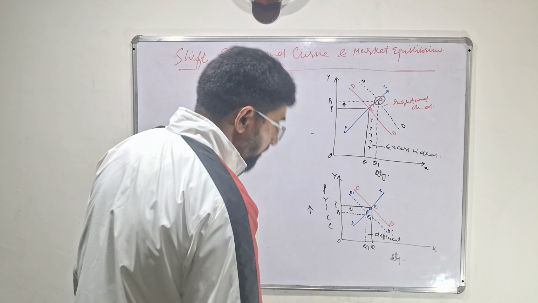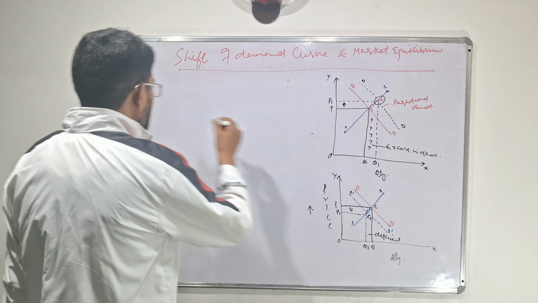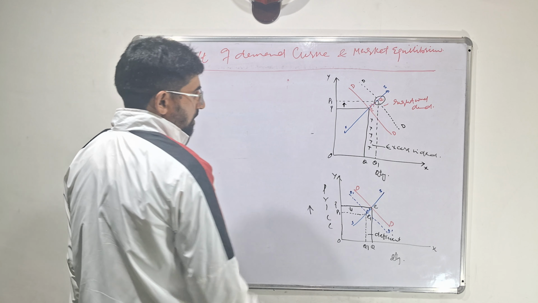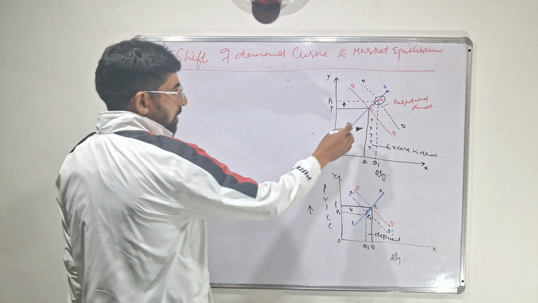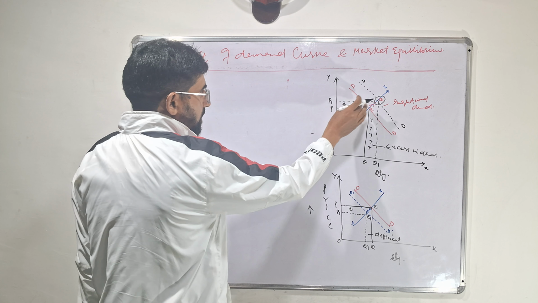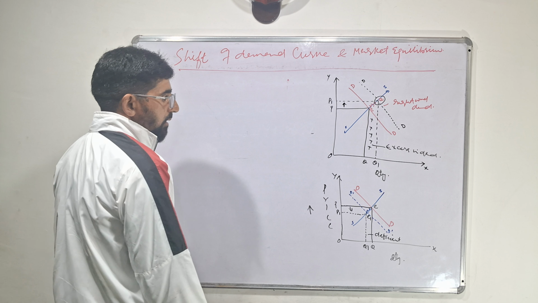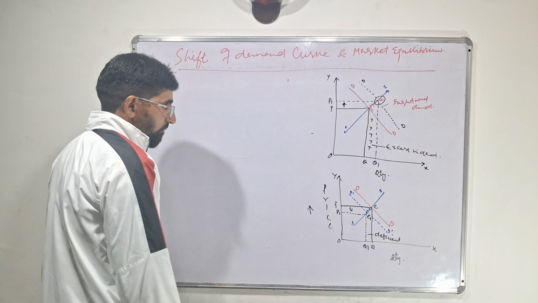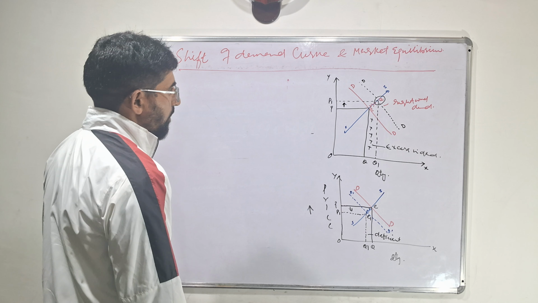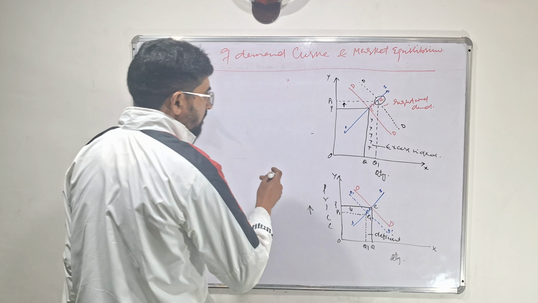What we read today, in the first case, what you have to write. Yes, a shift of demand will lead to excess in demand. To correct excess demand, simply price rises. Rise in price leads to an increase in quantity supply. Rise in quantity supply. And we can easily write